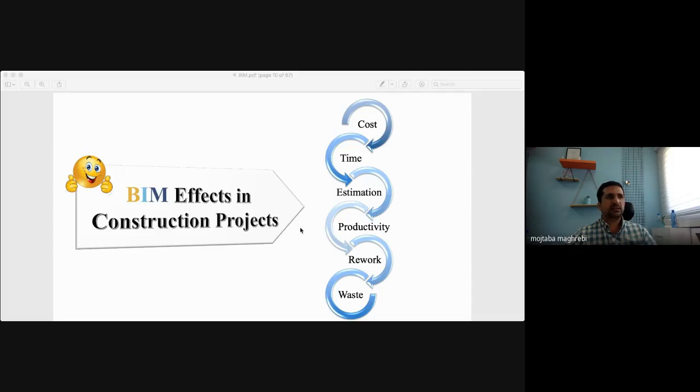Everybody around us knows how to model in 2D, and when you start on 3D, 4D, 5D, it is just a hassle. We don't like it. But it has been proven that if you move from 2D to 3D to BIM models, the cost would decline. You could easily manage the time. Time and cost are the most important factors.